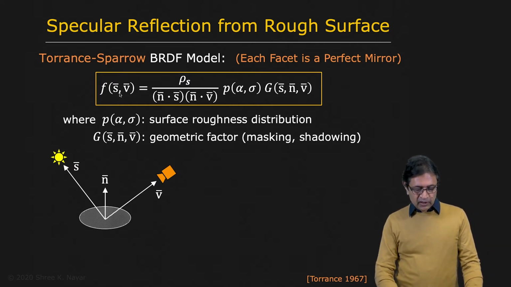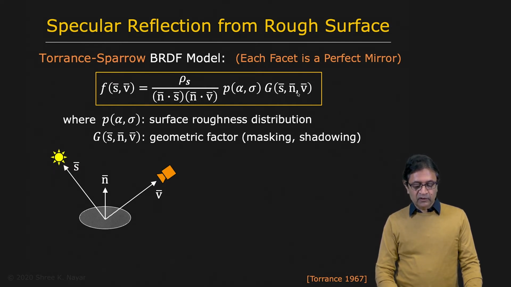And so this is the BRDF that was derived. It's a very popular model where you have rho S up here. Rho has to do with the reflectivity of each facet. Remember that even though it reflects like a mirror, it doesn't mean that 100% of the light that it receives is reflected, so you can have mirrors of different qualities. So that's what this rho S is. And P right here is the microfacet orientation or roughness model that we just talked about. It has sigma here. Sigma relates to the roughness.